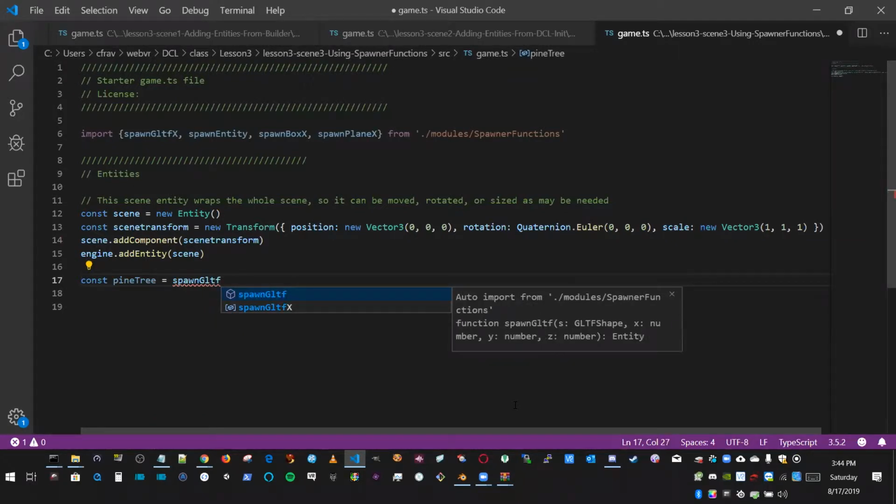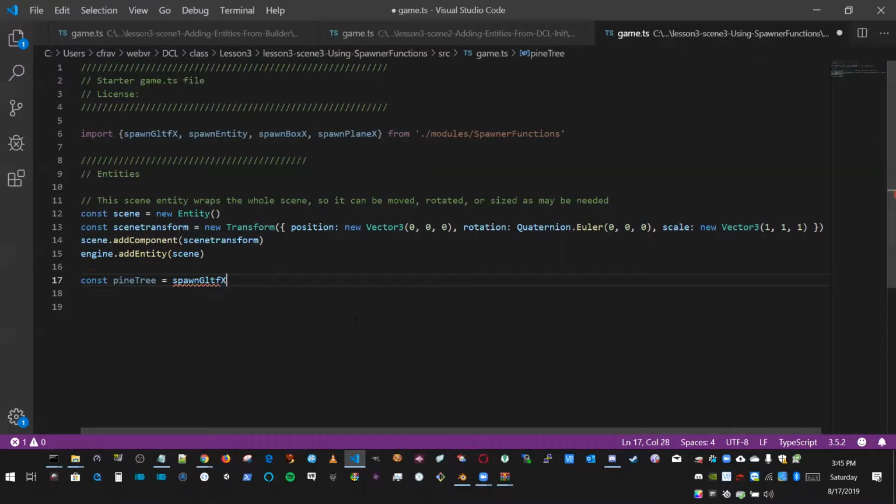Now Visual Studio Code suggests things that you might want to use. And inside the module, there's actually two versions of each of those spawners. One with an X on the end and one without. And I use the one with the X because it has all 9 parameters, whereas the one without, just like theirs, only has the position. So if I put that, and